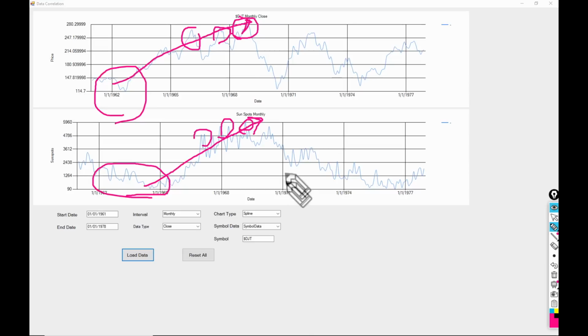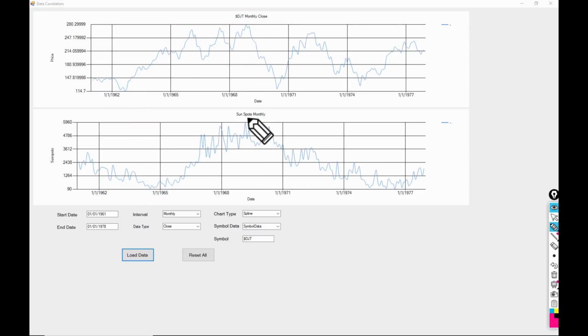So you can see this is perfectly in sync, yeah? We get this drop off in sunspots to this low right here. They're not perfectly in sync, but pretty close. This one's a little bit after 1971. This one's a little bit before. We get a little pause, and the market definitely comes up. Okay, but for the most part,